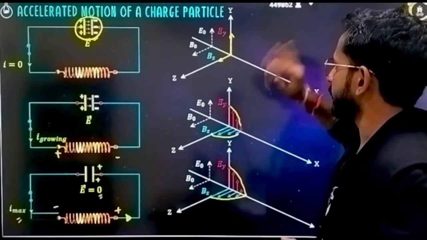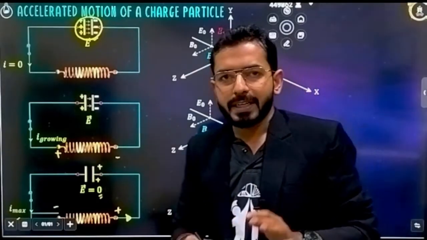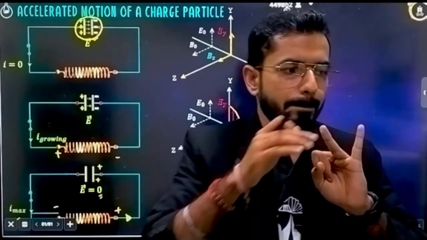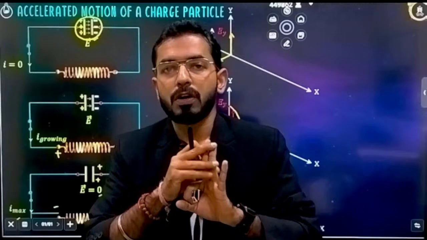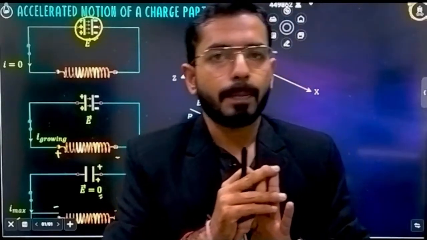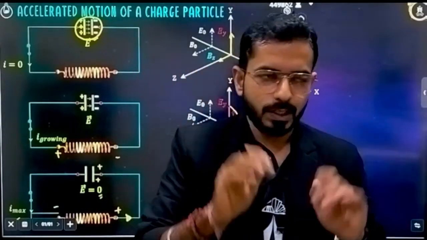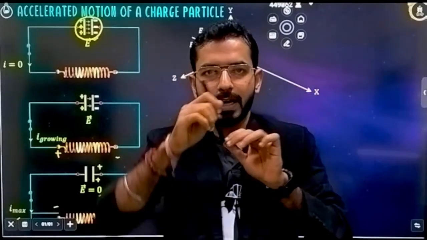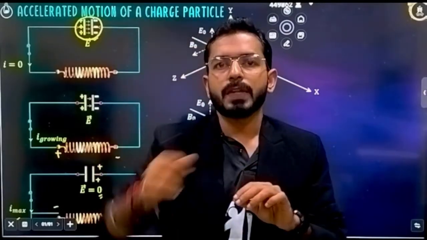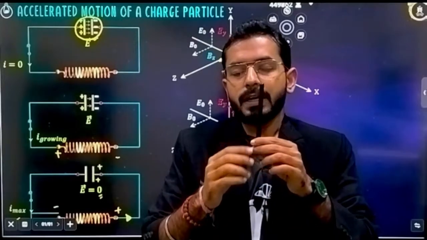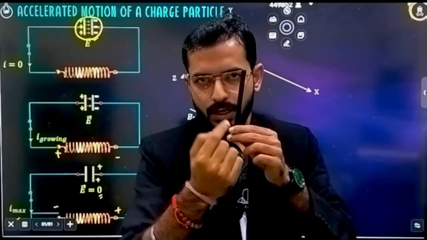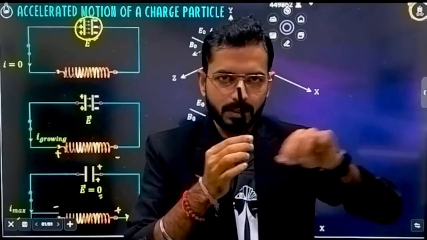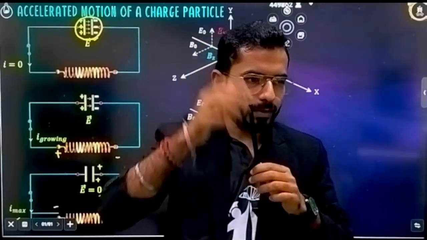Now see, here is a very important thing: the direction of propagation of the wave, the magnetic field and the electric field always propagate in mutually perpendicular directions. That means, imagine now, let's suppose this axis coming towards you is the x-axis, this is the y-axis, and this is, let's suppose, the z-axis, going upward. So what I am saying is that if a wave is coming towards you along the x-axis, that means it will be the direction for the electric field, and this will be the direction for